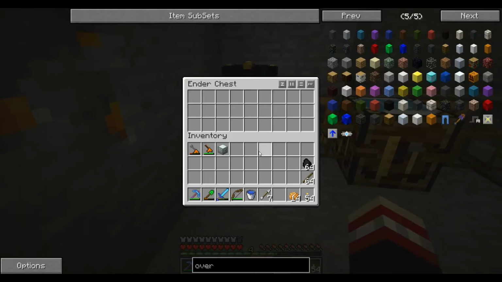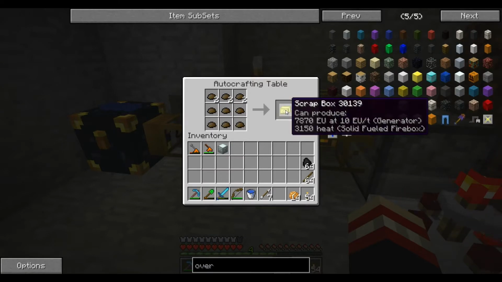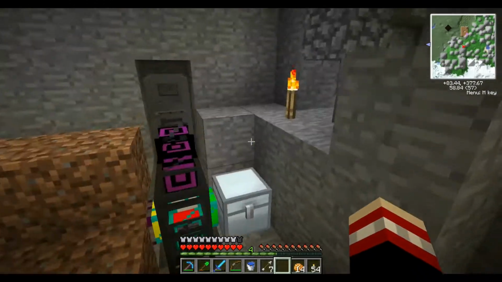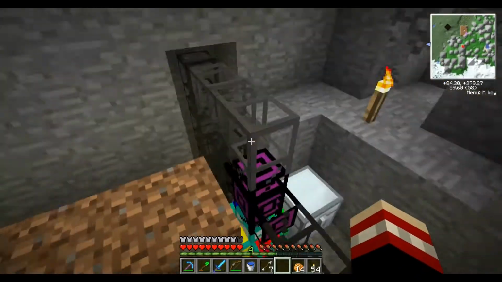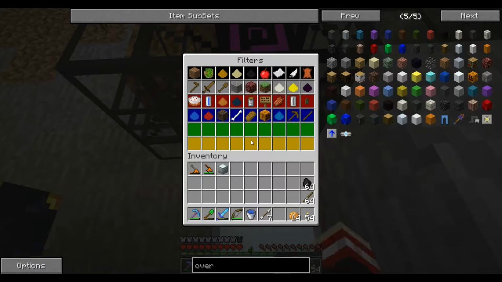So anyway, I have all the scrap that gets produced from the recycler pumped into this chest right here. This is a scrap box. Scrap boxes open and give you a random chance at getting an item. Now this thing has been running for about a day straight now, and these are the goodies that I've decided to keep. It opens a lot of really bad things, like everything in here that I just don't feel the need to hold on to,